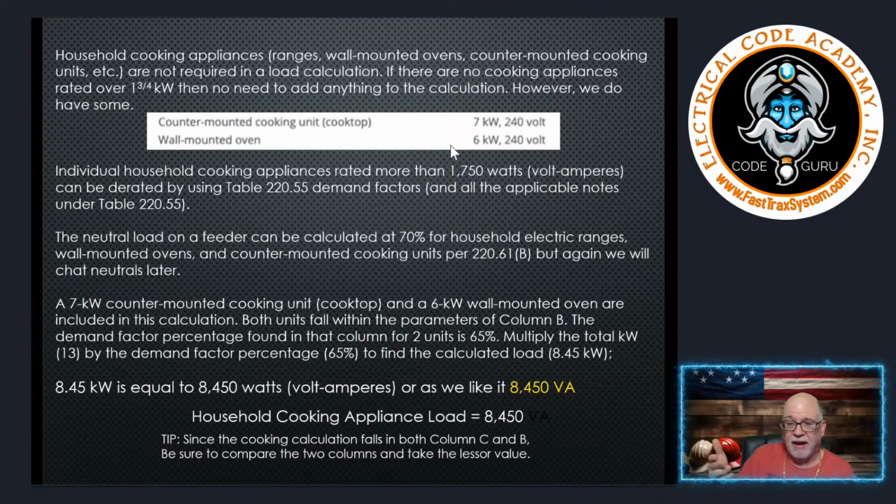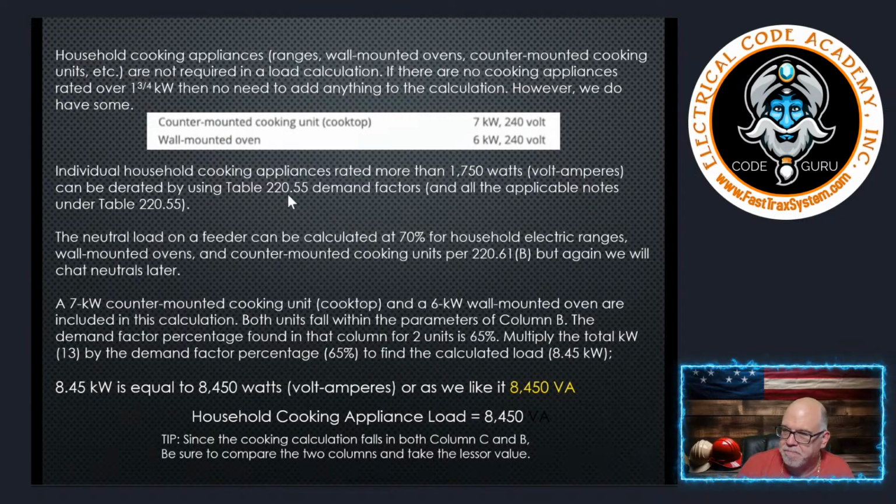Whatever it is, you just don't get to apply any demands to it. All we're talking about is, can we apply any demands? But in our case, all of ours are over 1¾. So we're going to be able to apply some demands here. If your individual appliance is rated more than 1¾ or 1,750 VA or watts, you can apply the demand factors and you get to utilize Table